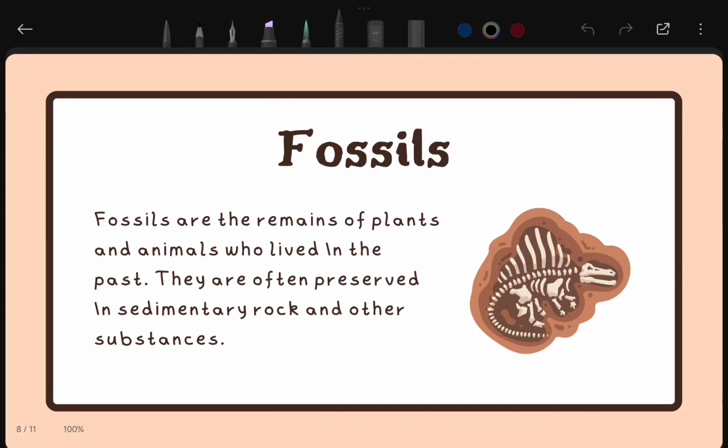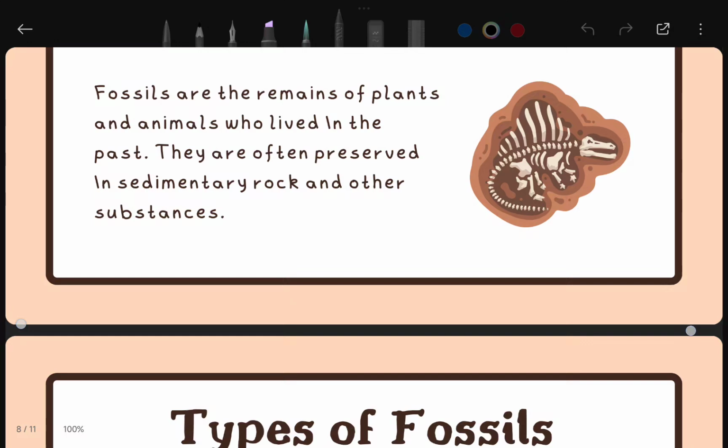It is very important to understand because it is not only part of science but also part of social science as well. So basically, fossils are the remains and sediments of plants and animals that lived in the past, somehow got buried in the layers of the earth, and became preserved in sedimentary rocks. Thousands of years ago they lived on the earth, then somehow they were buried in the earth's layers, and now they have become fossils.